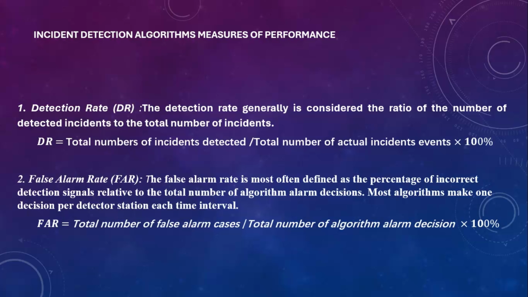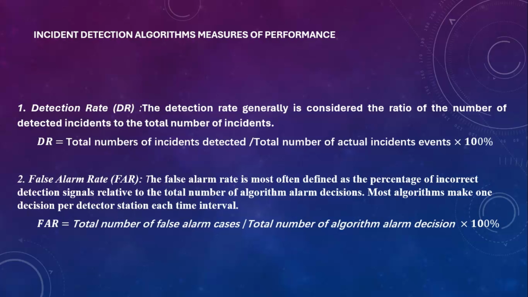And the rate at which it happens is what we calculate as the total number of false alarm cases over the total number of algorithm alarm decisions, times 100. That will help us understand the false alarm rate of any incident detection algorithm that is being used. A lower false alarm rate is desirable as it indicates that the algorithm is not overreacting to normal traffic conditions. But when there is a high false alarm rate, this can lead to unnecessary responses and can undermine the credibility of